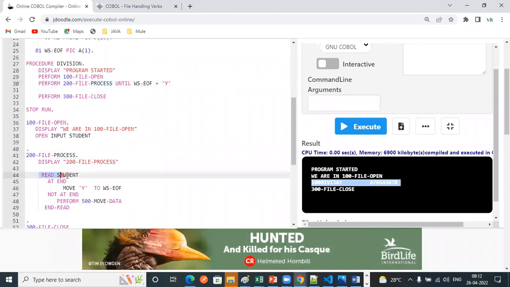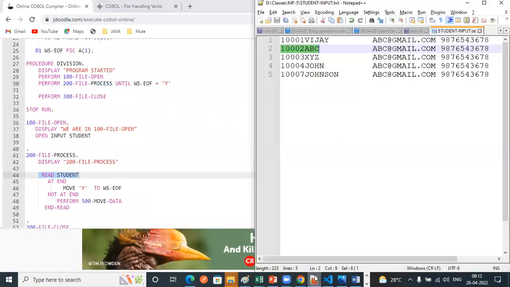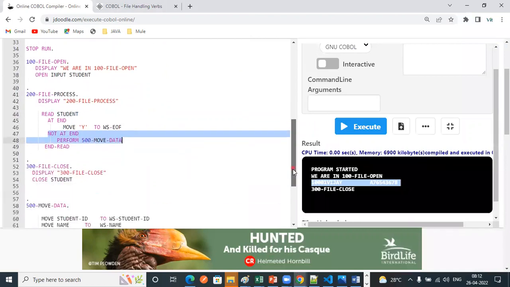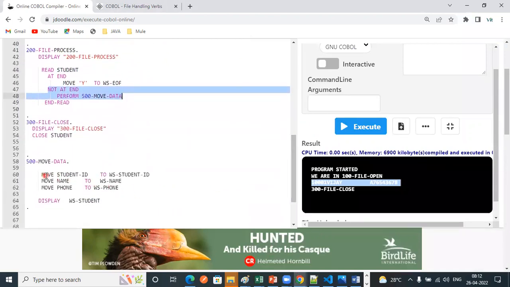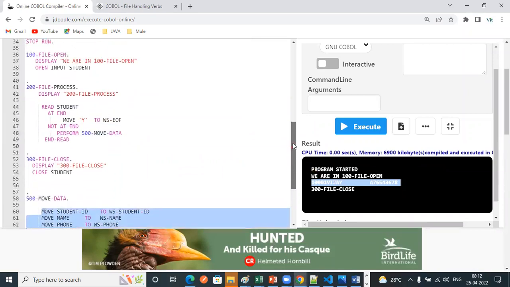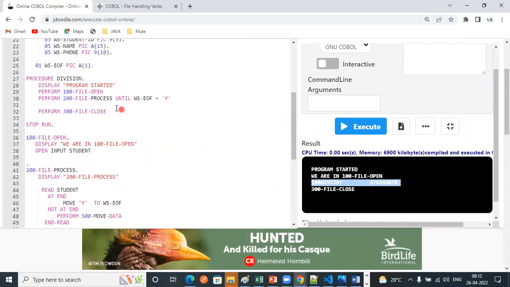Again it will read student. So what is there in the third record? There is data, XYZ. It will read it. Either it is attend or not attend. It is not attend. It will go to 500, move, and display the data. So up to